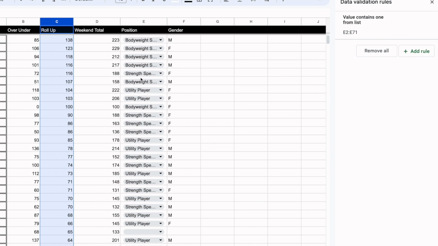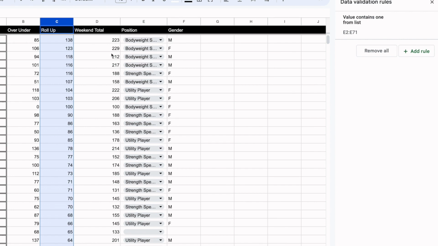So this strength specialist, again, was the top performer on her team, which happened to be the same team that you saw the strength specialist be the top performer in over-under, but it's a different player. And I love this because that team performed really well in both matches, but used completely different strategies, but favored strength specialists in both, and none of the other 3 teams did. So it just shows a different total strategy in how they came about it.